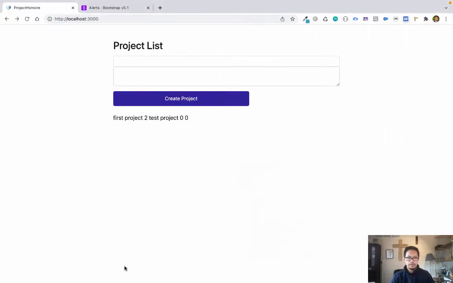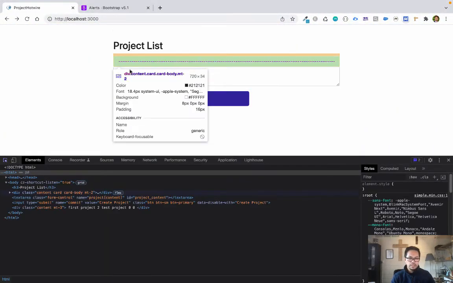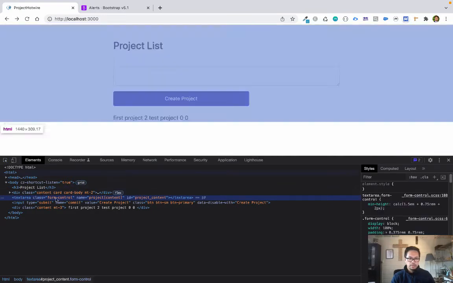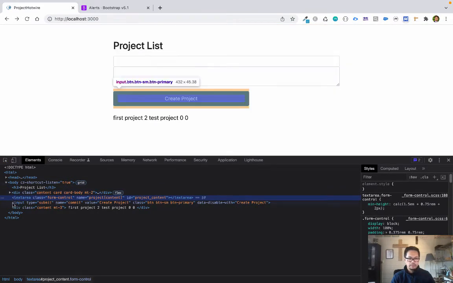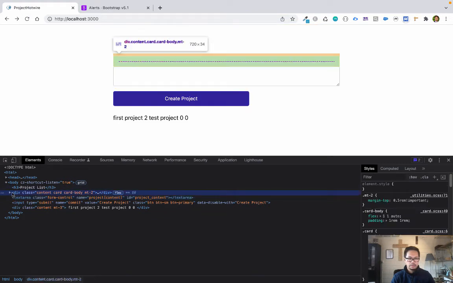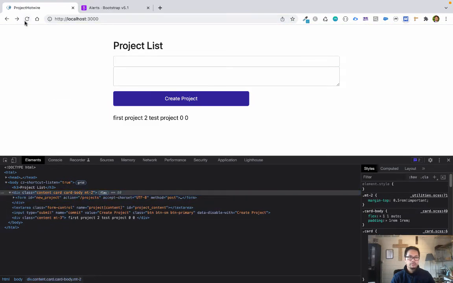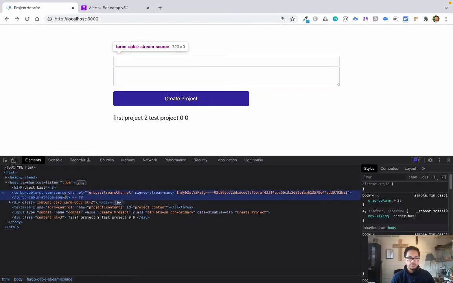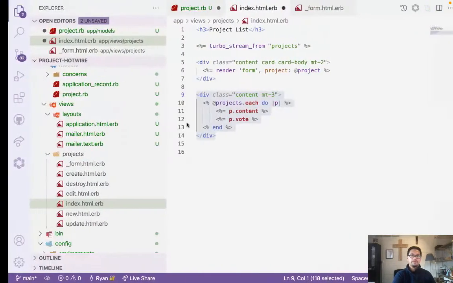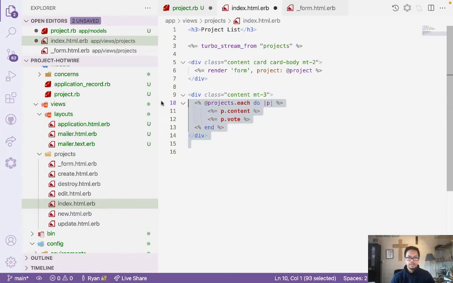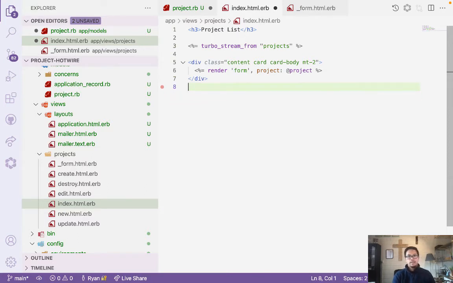So if you look in here, what you're seeing is we don't have it yet, because I didn't save it yet. So we don't have here the broadcasting of the turbo. But if I refresh, you can see here the turbo stream source, which is the project. So this is the one that we're gonna use. And then from here we will insert another turbo, so we can wrap that one. Okay, and so what I'm gonna do is, I think let's remove this one, and then let's use the turbo